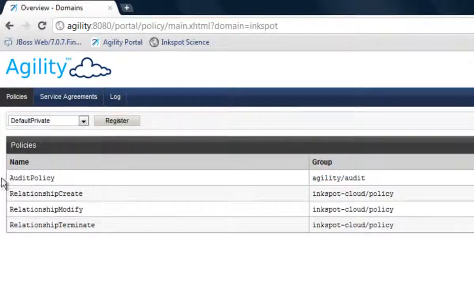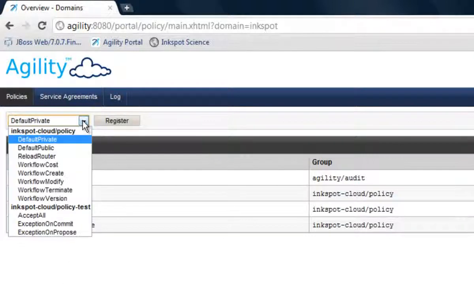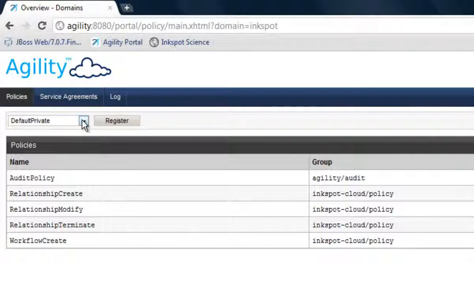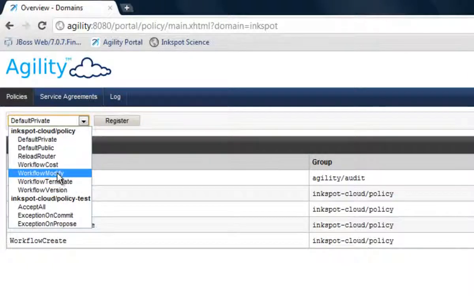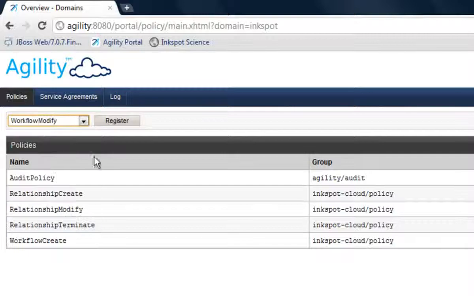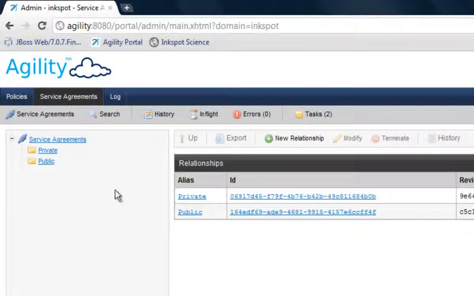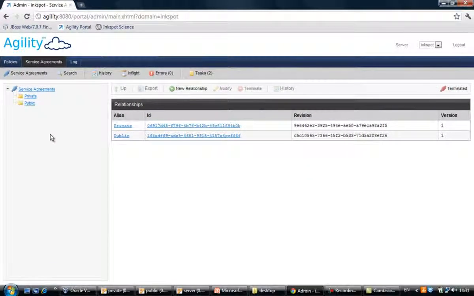We see we already have a number of policies inserted into Agility, but we're going to add some new ones. These are pre-prepared ones. We're going to add two policies, and these policies are concerned with the management of workflow deployment based upon decisions around security. This could have been structured as a single policy, but we've chosen to structure them in this case as two separate policies. So those policies are now in place. So now there is logic inside Inkspot, or inside Agility running alongside Inkspot, that understands these concepts of workflow deployment